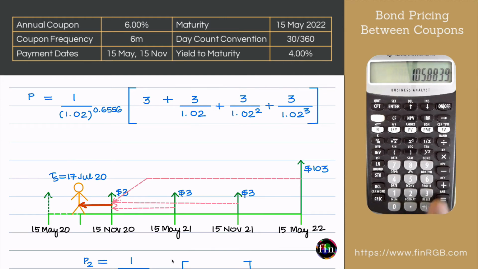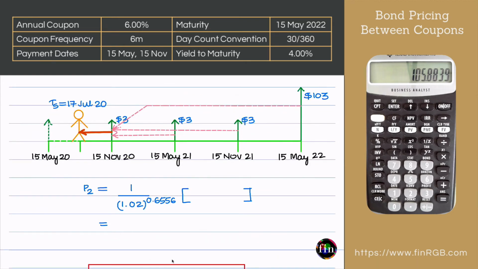So this tells me that the total value is 105.8839. So this is as of the morning of 15 November 2020. Okay, so take this value, discount it again using 2% as your, let's say, 6 monthly discount rate, and